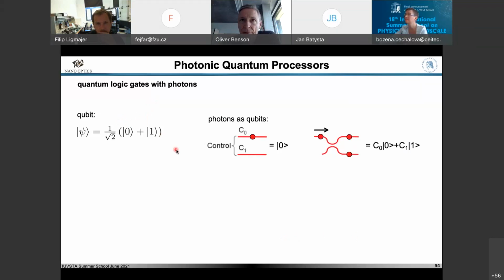With photons, you can realize this very easily. You need to have an excitation, a single photon. We've seen how to generate this in two different modes. You can easily separate two different modes in optics. Two different modes could be two polarizations. So one photon in one polarization could be state 0, and one photon in the other polarization could be state 1. Or you can use spatial modes. Just use a beam splitter, we discussed this as well. Then one photon here would be 0, or one photon there would be 1.